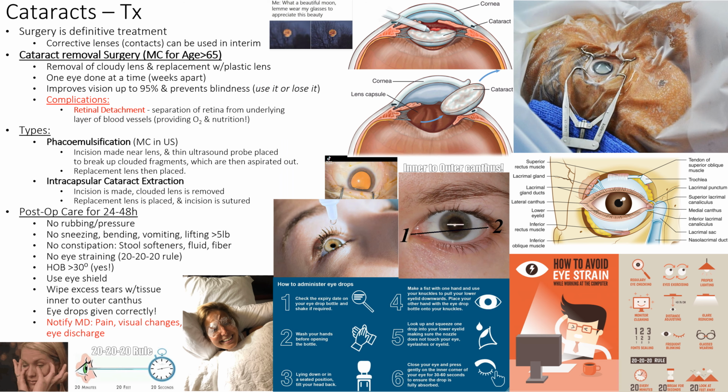All right, so the treatment for cataracts. How do you treat someone's eyes that have a lens that is too cloudy? Well, just like any surgeon, we're going to take it out. You can just take it out and hope for the best, but usually we replace it with another lens. Otherwise, your ciliary muscles and such don't work great. So we replace it with a brand new clear prosthetic lens.